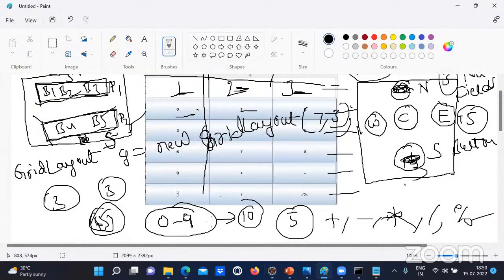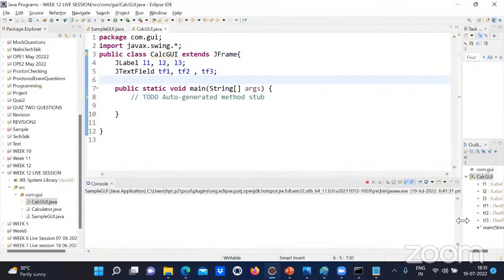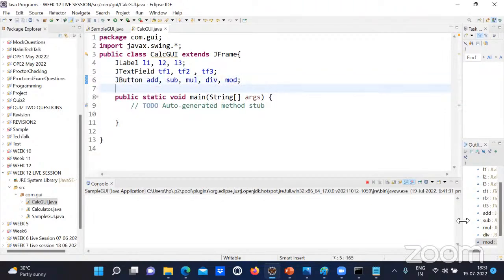So here these are number buttons, no? And these are operator buttons. So here JButton. For addition, one button. For subtraction, one button. For multiplication, one button. For division, one button. And for modulo, remainder, one button. 5 buttons. So for the remaining